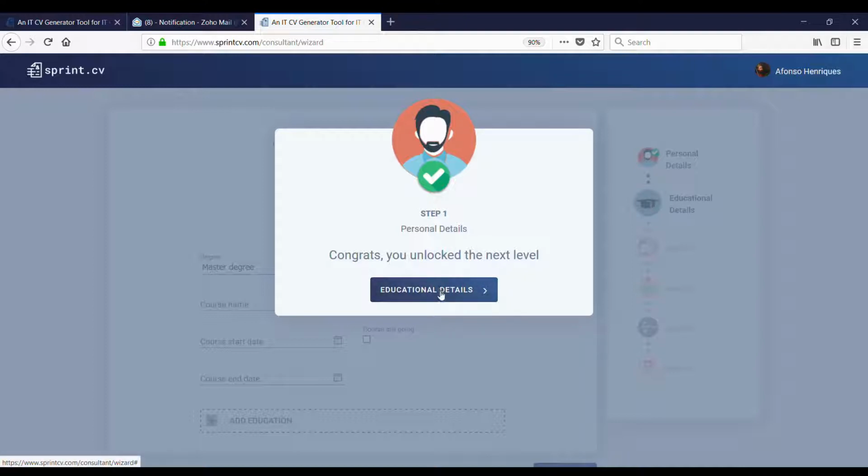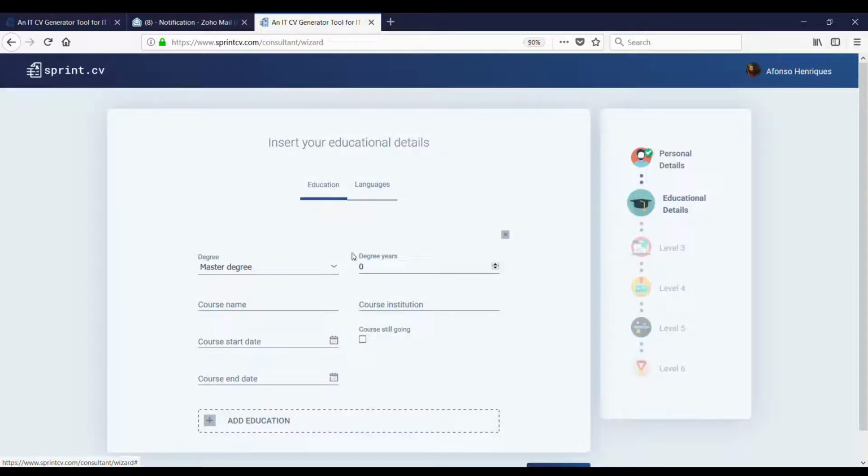After you click next, there will be a congratulations window showing that you have passed to the next level. That now it's education, and in education you should put all your diplomas, so PhD, master, licentiate, and bachelor. So you need to put the number of official academic years that the degree corresponds to. So it's not the number of years that you took to finalize it, it's the number of years of effective studies. So 3 years,